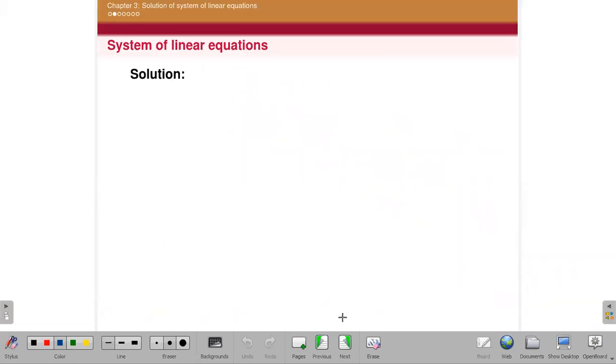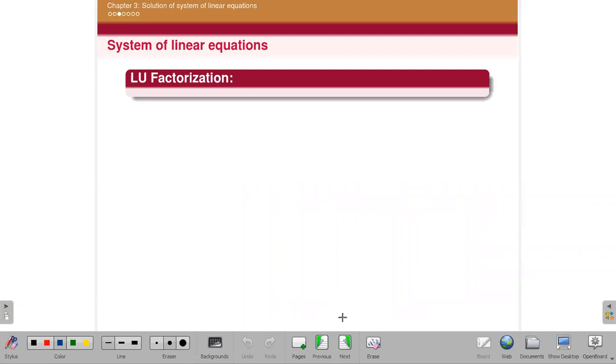Okay, so let us come to LU decomposition. Actually, we have discussed the LU decomposition, so again we will do it step by step, the procedure of LU decomposition. Suppose we have to find the solution of AX is equal to B. So A is given to you, B is given to you, and you have to find the X value by using LU factorization. So in step 1, you have to write A only, not augmented.